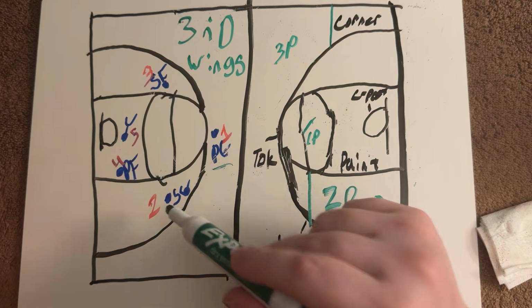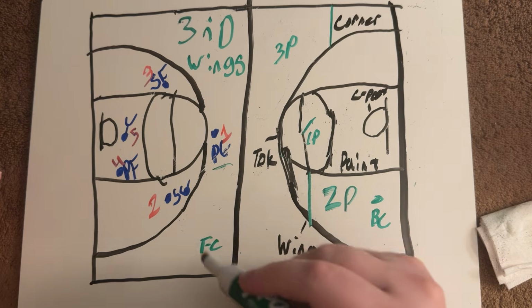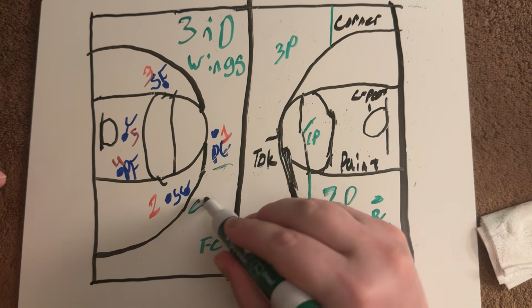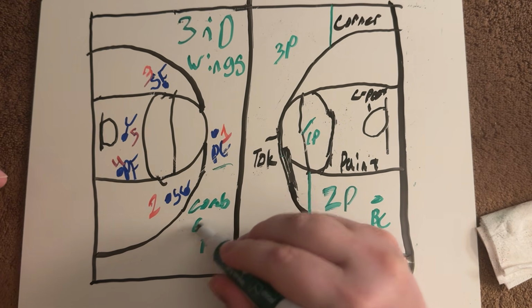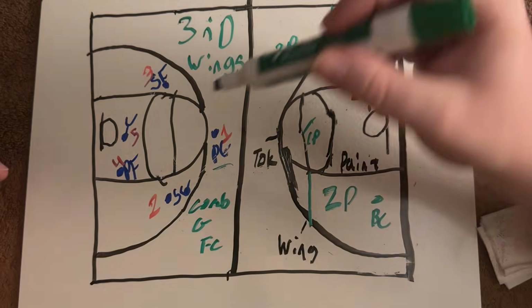Like a shooting guard, sometimes you'll hear a combo guard. So a combo guard just means basically the opposite of a true point guard,